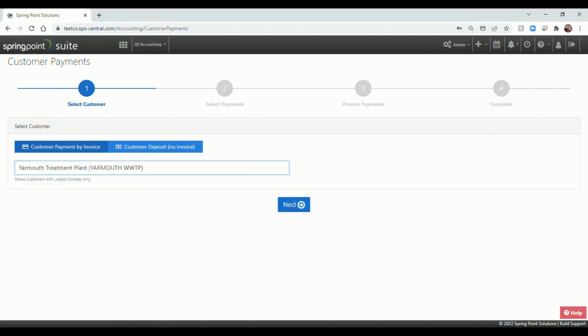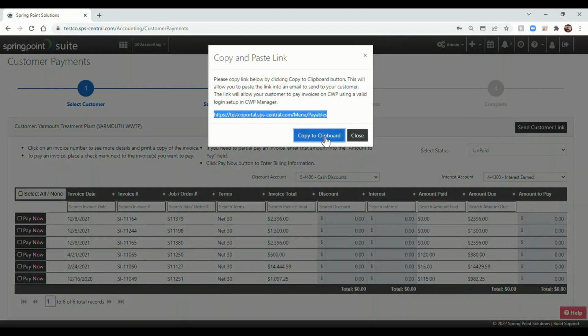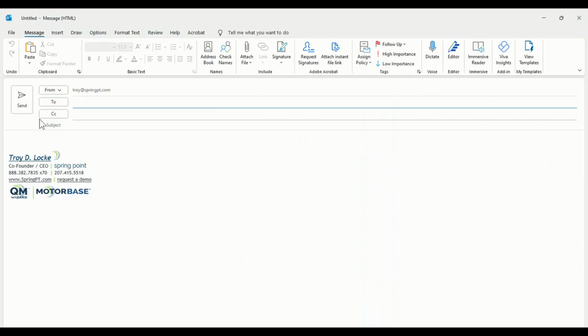Let's select a customer and click Next. Toward the top, you will see an icon, Send Customer Link. Click this and you'll be presented with an option to copy the link to our clipboard. Once we choose that option, we can now open our email, copy it into the body, and send it along